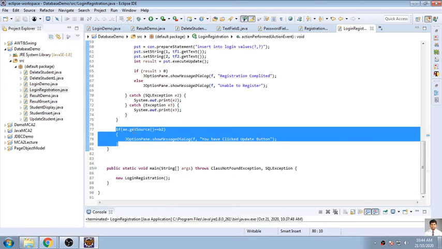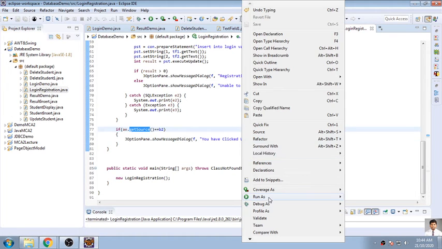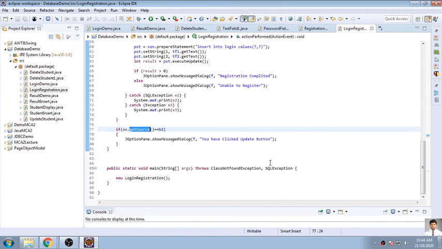So the if statement will be checking which type of button, or which button, has created that event.